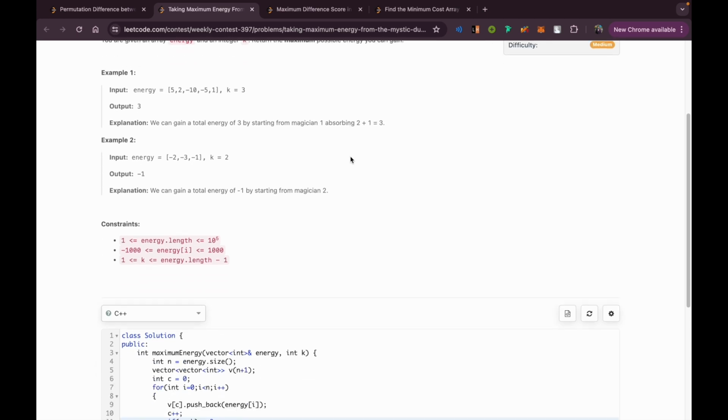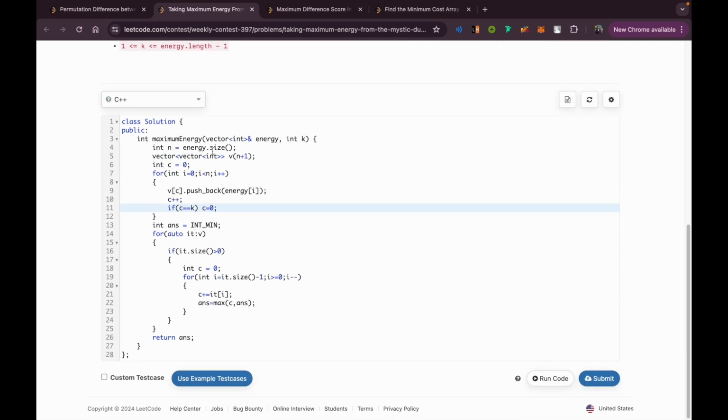Now let us look at the code part and understand how we can implement this. So I have taken the energy size, that's n. Now I'll create the vector of vector, initial size n plus 1, not a big deal. You just need enough indices to actually store this. Now I have taken a variable c, that's actually the index. I can maybe name this better. This is the index, alright, and then I'll go through the array from 0 to n, and push back into the current index